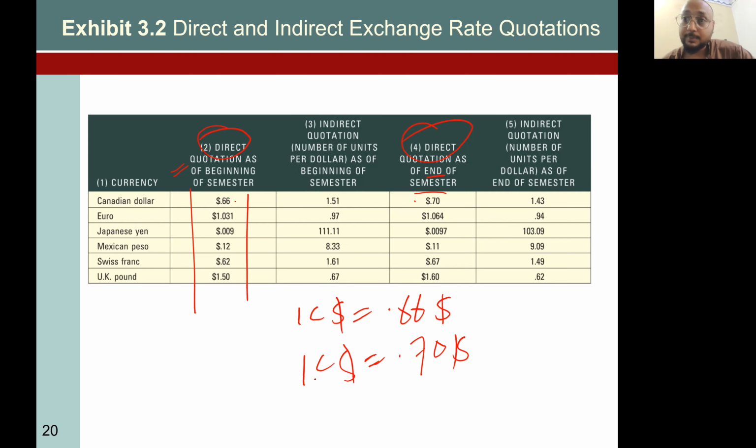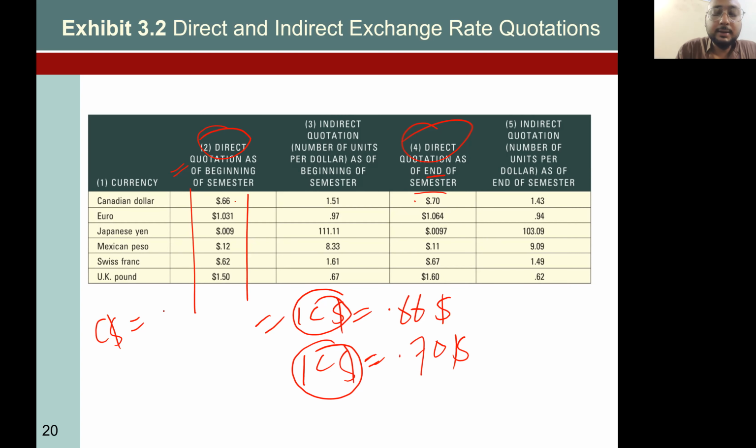Increase. Right? So Canadian dollar, previously you could buy a Canadian dollar for $0.66. If you cannot understand right now, so Canadian dollar,